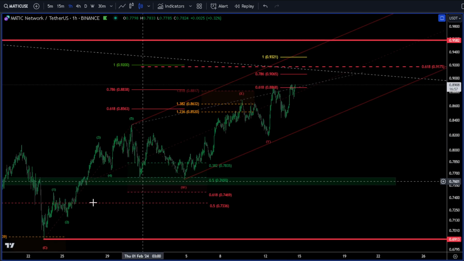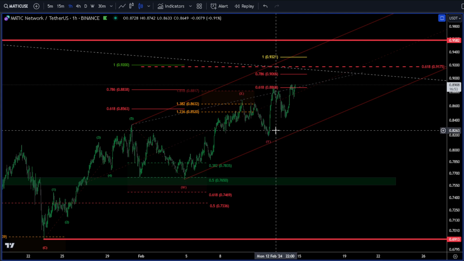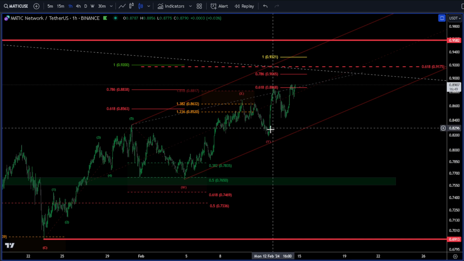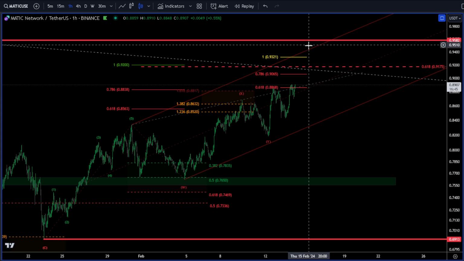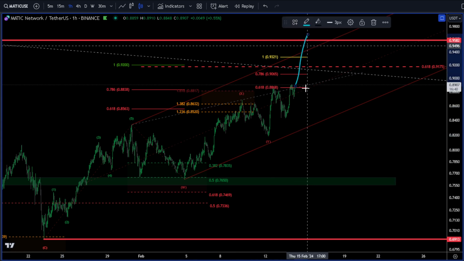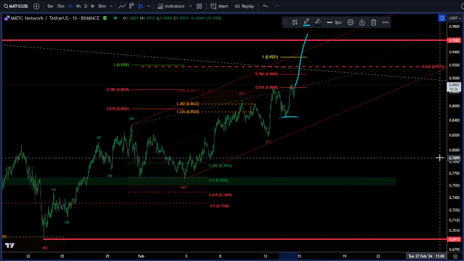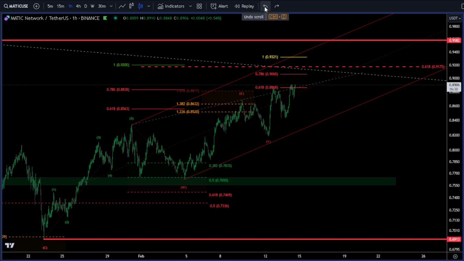So if this is our wave 1 and 2 over here as a running flat WXY complex correction, then this is another 1-2, potentially 1-2. So that's how we can be extremely bullish on MATIC. If that's the case, we should protect this low in that scenario. We shouldn't come back to that area because, you know, if we have a 1-2, 1-2, we expect a pretty strong 3rd. So that's option number 1.